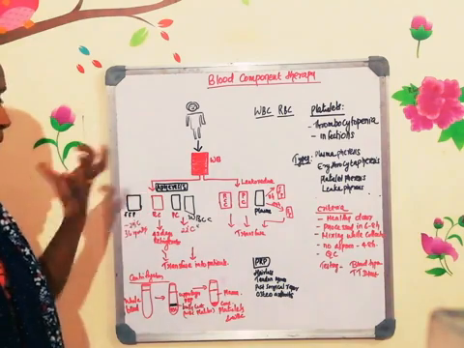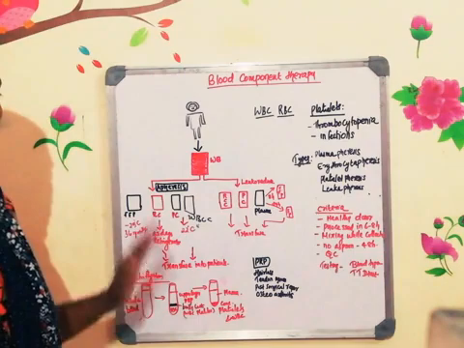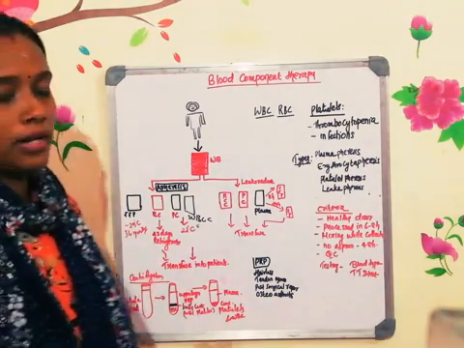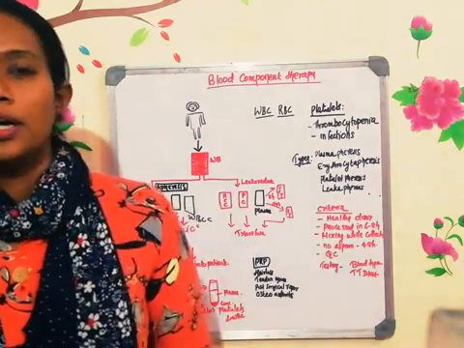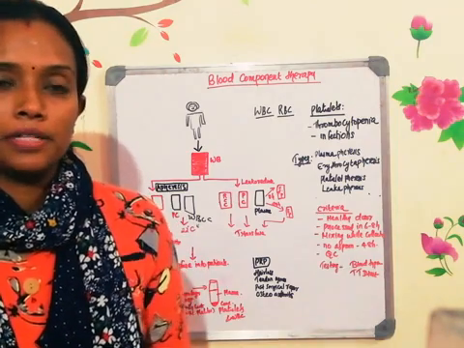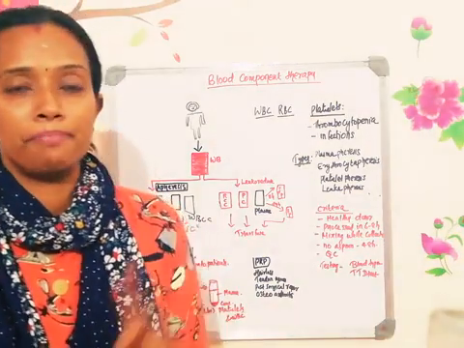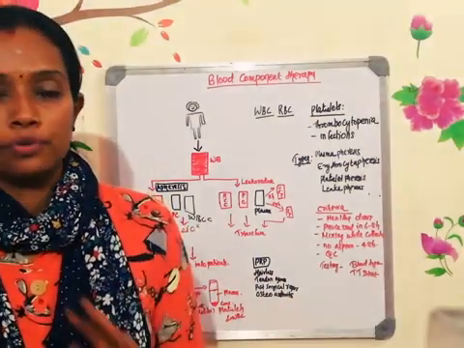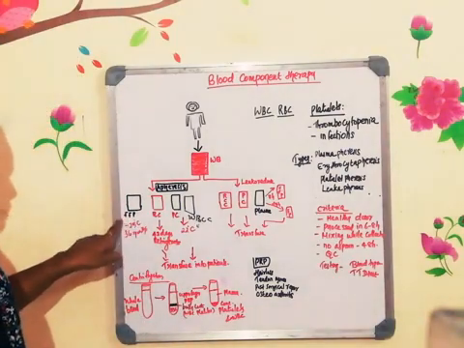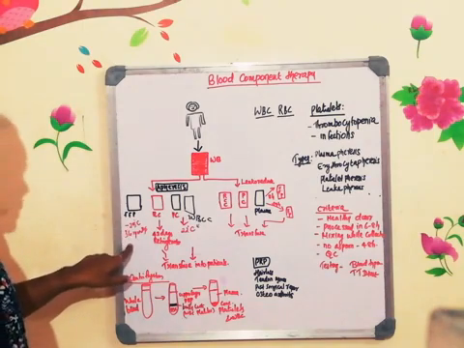Now, the fluid part of the blood is known as the plasma, which can be stored for a longer time also. Two things are available. One is fresh plasma: as soon as you collect the blood and prepare the plasma, it is called fresh plasma. Or you can preserve it for a longer time. If you are preserving it for a longer time, it is called FFP. FFP stands for fresh frozen plasma. How will you maintain this fresh frozen plasma after collecting the fresh plasma? You have to keep it at -25 degrees centigrade. You can keep it for 36 months.